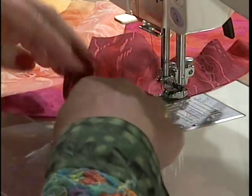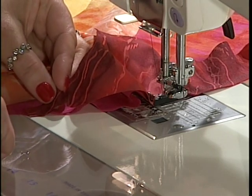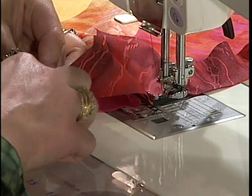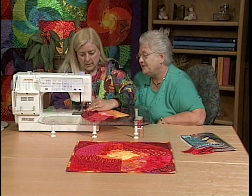Okay, now this one we're getting near the end. And again, I like to shove this forward and line up our seam allowances. This one's at kind of an odd angle, so we don't always get exactly a quarter of an inch. I don't worry too much about that. If you don't get it exactly, just get it close, and there we go. It lays right down,